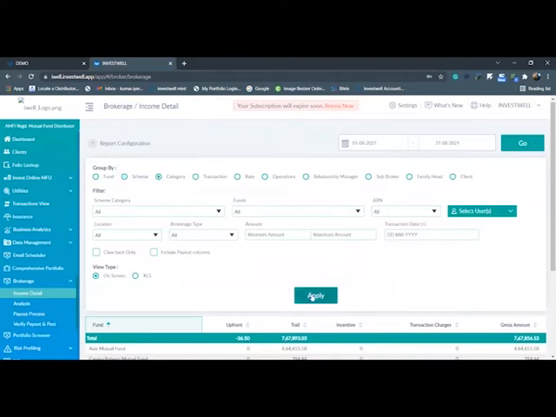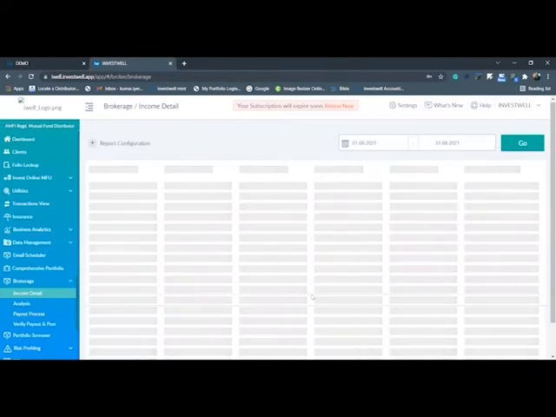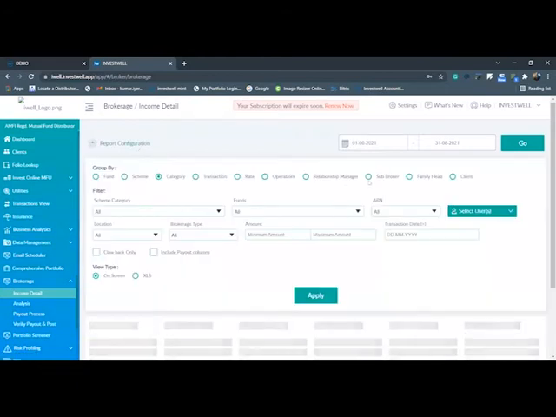Category wise brokerage is again a very good thing. You can identify on which specific category how much you are earning. For liquid, ELSS, credit risk, and whatever other categories, it will showcase the different brokerage earnings you have earned. Apart from this, we also have the RM and sub-broker level brokerage which you can generate.